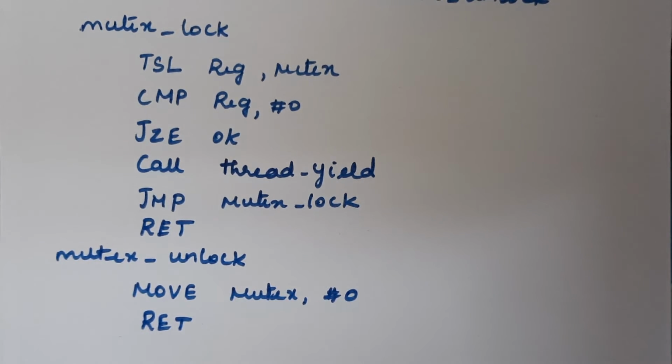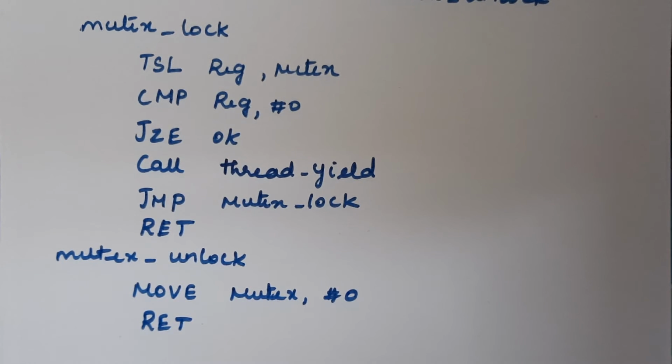In case of enter region, suppose the condition fails to enter into the critical region, so it keeps on executing the same condition, right? We have the while statement, so it gets stuck in the while statement itself. The loop is nothing but busy waiting. So we actually implemented that busy waiting concept in case of enter region. After some time, the process holding that lock will run and release it.